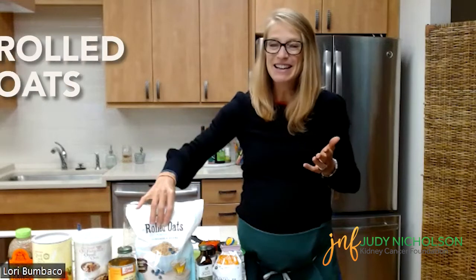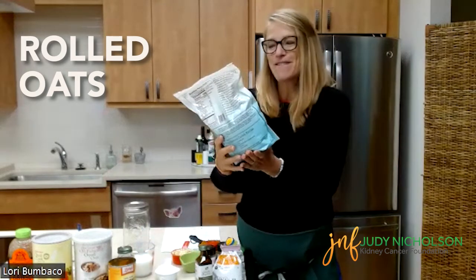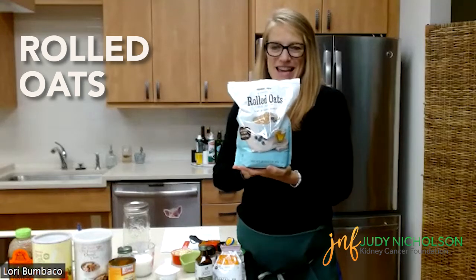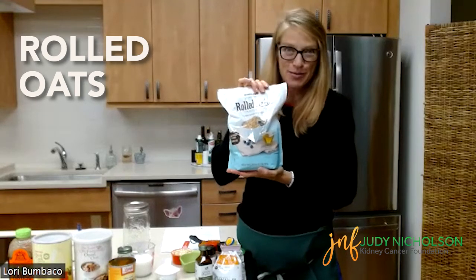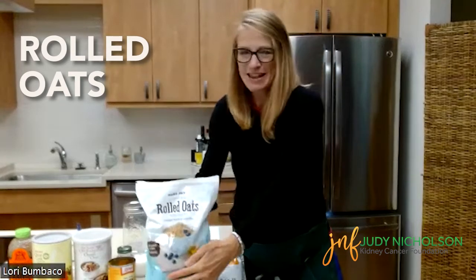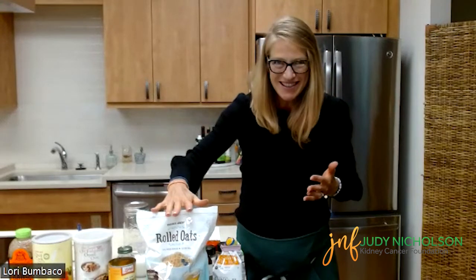So next on the food processing oat spectrum, we have good old-fashioned rolled oats or old-fashioned oats. And these are fantastic. I think they are one of the best choices to have in the pantry of your cancer protective kitchen. What they do with old-fashioned oats is they roll them out and they steam them and they flatten them out. So that really decreases the cooking time,